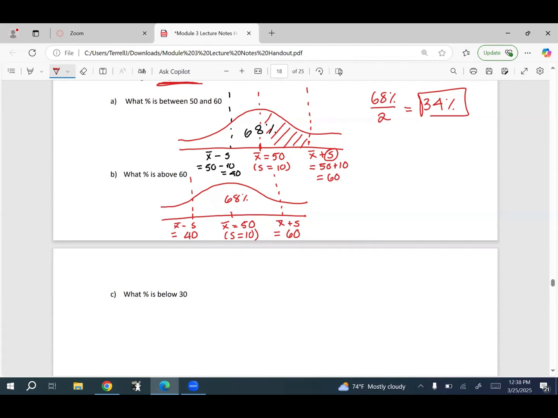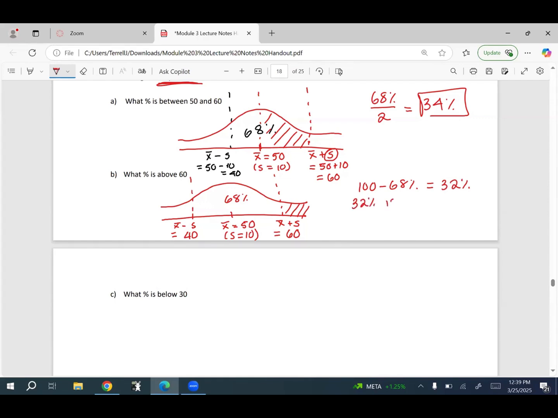Now I'm interested in what percent is above 60. Above 60 means I'm interested in this now. Well, again, let's take advantage of the fact that the whole curve must add up or total to 100, right? I'm dealing with percents. Also, let's note that this is symmetrical. So 100 minus 68% would give me 32%, meaning